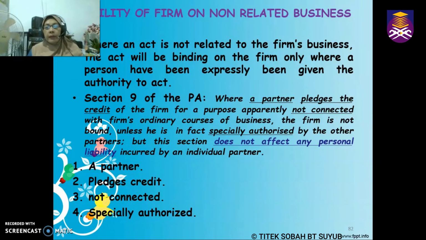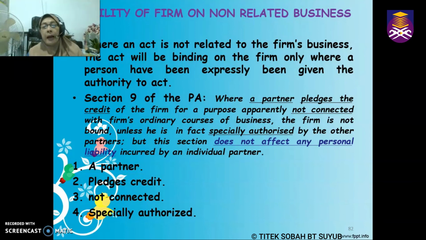However, under section 9, this is an action which is not related to the firm business, nothing to do with the firm. If we go through section 9, it says: where a partner pledges the credit of the firm for a purpose apparently not connected. The word here is a partner, so it needs to be done by a partner. A person who is not a partner, like in the case of section 8, cannot do this. So if this is not connected to the business of the firm